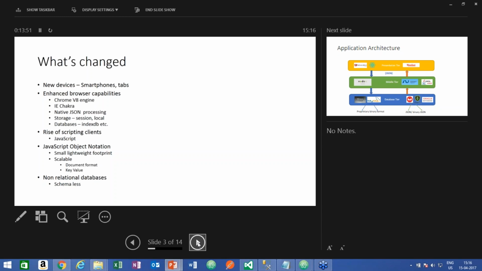The other trend that has happened is the rise of the scripting clients. Lots of frameworks have been developed using JavaScript, and those frameworks have contributed to shifting the way the tiered or n-layered architecture is defined. Of course, we know that JavaScript Object Notation, or JSON, has become the de facto standard as far as consumption of data is concerned, and it has its advantages in terms of small, lightweight footprint. It is highly scalable. It has a document format, and essentially you can create key value pairs. And last but not the least,